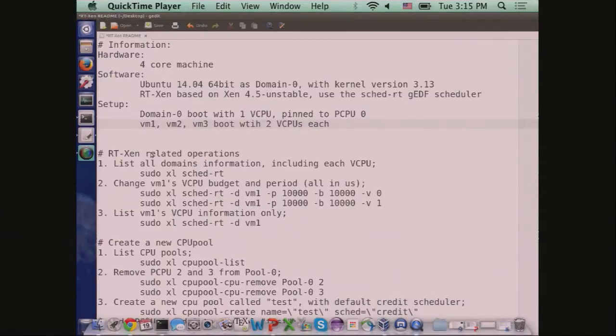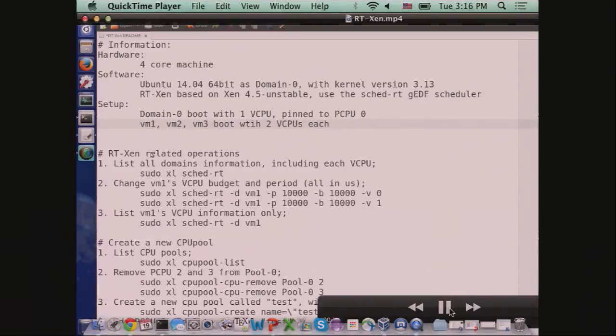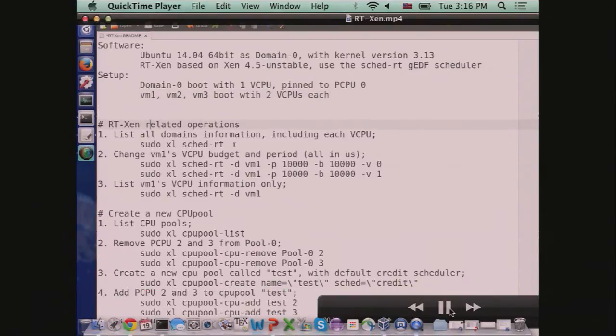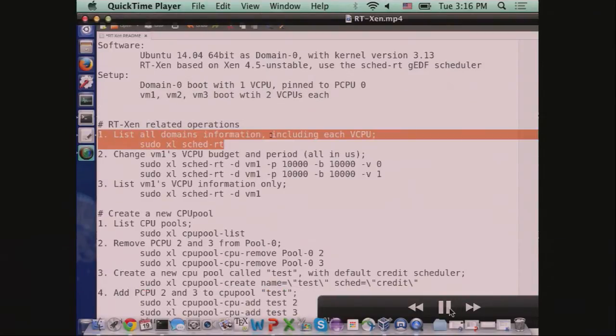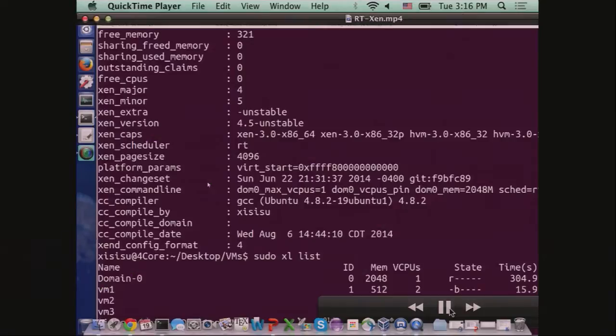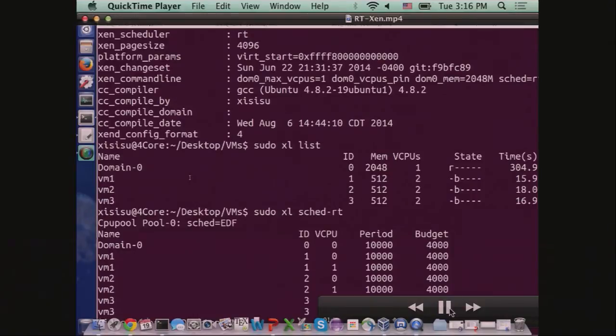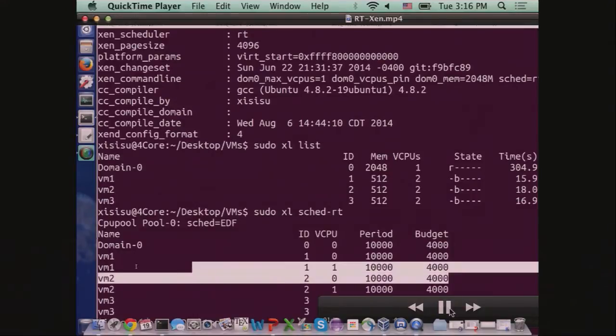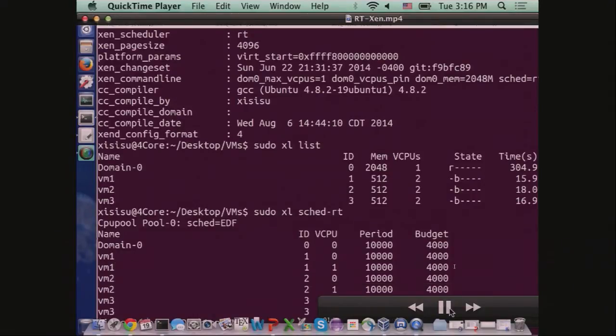Now I'm going to show 2 important user operations for this real-time scheduler. Basically, it's getting and setting the information of each vCPU of a domain. The difference from the credit scheduler is that we need to specify each vCPU's parameters for a real-time domain, instead of specifying the parameters for a whole domain, which is how it works in the credit scheduler. As you can see here,